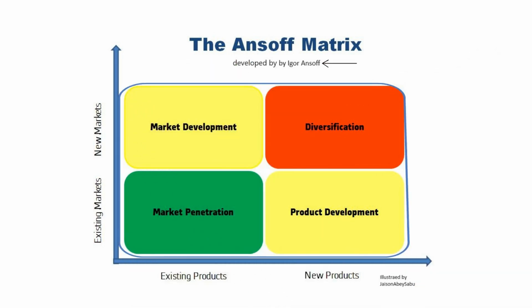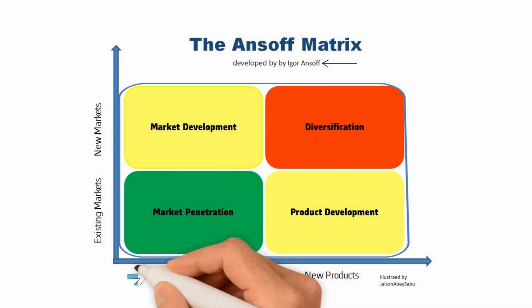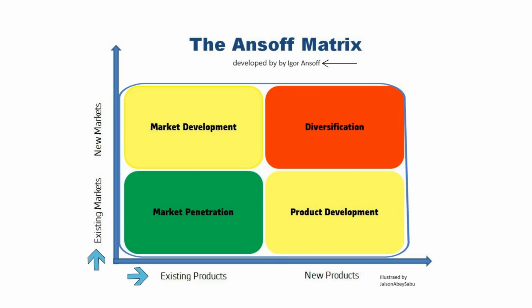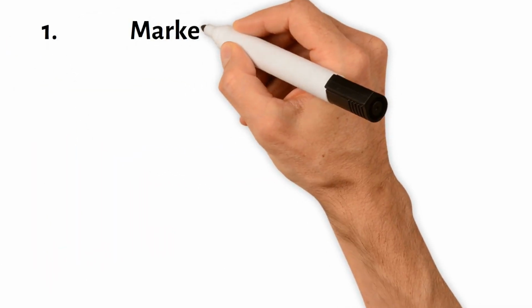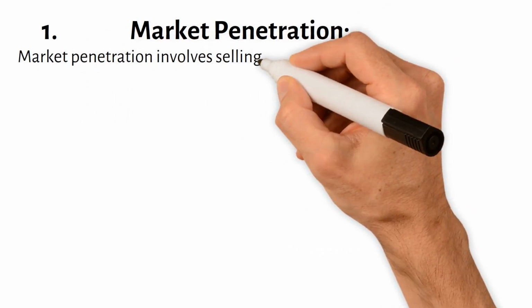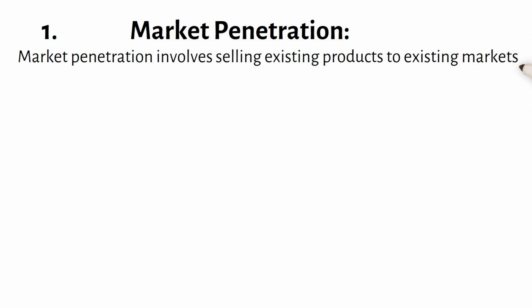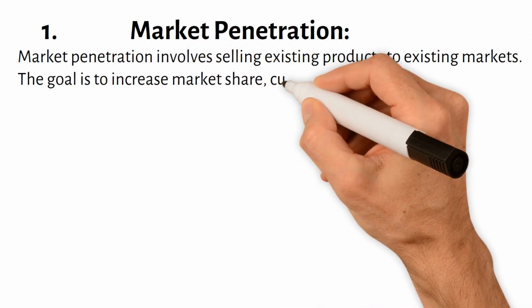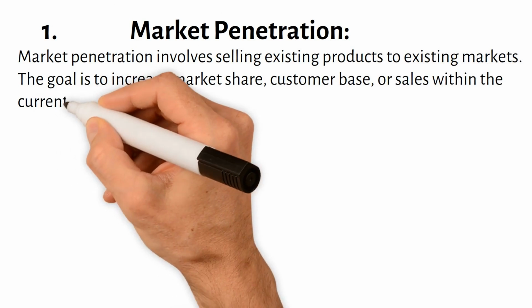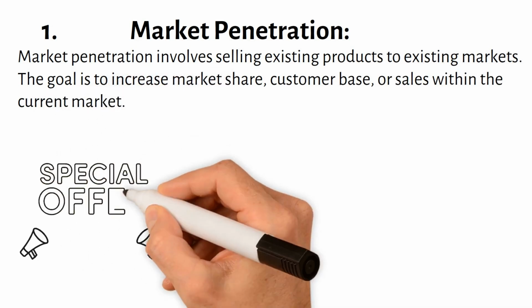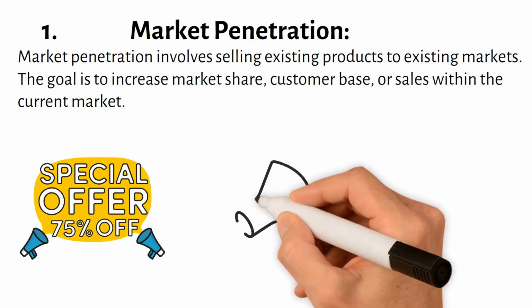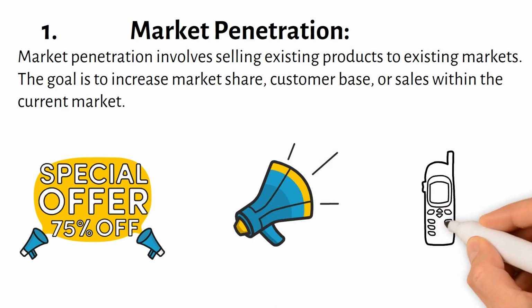The matrix provides 4 growth strategies based on 2 dimensions: products and markets. The matrix consists of 4 quadrants, each representing a different growth strategy. 1. Market penetration. Market penetration involves selling existing products to existing markets. The goal is to increase market share, customer base, or sales within the current market. Examples: offering promotions, increasing advertising, or improving product features to attract existing customers or gain new ones in the same